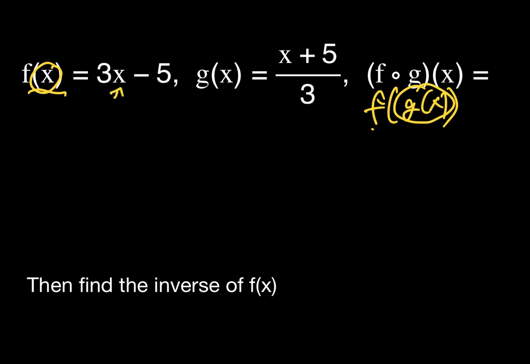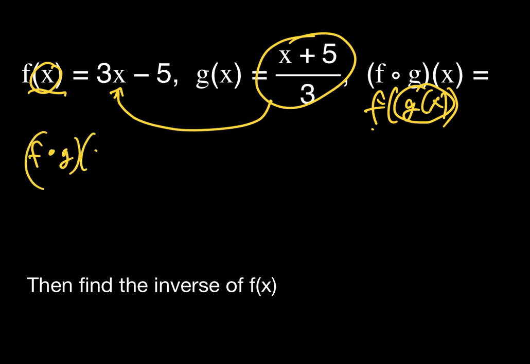So this x right here is going to be replaced with this whole thing, it's going to go right in there. Composite functions. So f of g of x would be equal to 3 times x plus 5 over 3